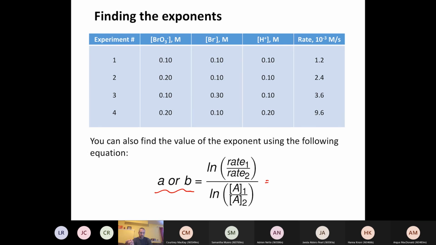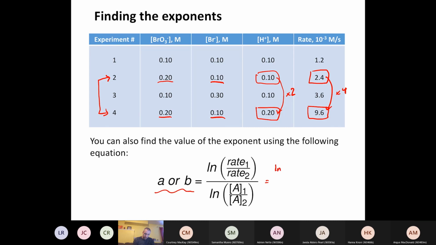So if we were to look at an example here, if we were to compare 2 and 4, remember these were the ones where this and this were constant, this and this were constant, but we increased H plus by a factor of 2. And what we saw was the rate increased by a factor of 4. We can take those numbers, this concentration and this concentration, this rate, and plug it into this equation